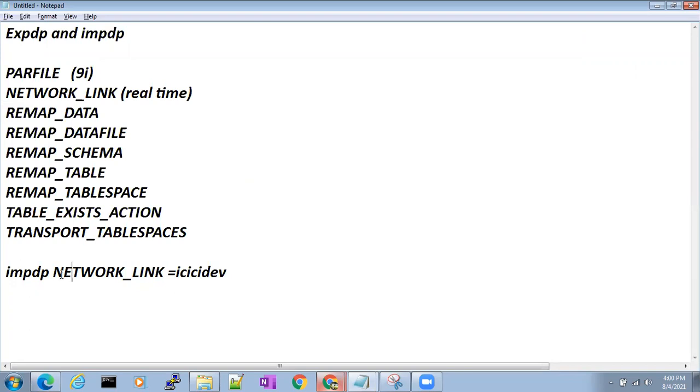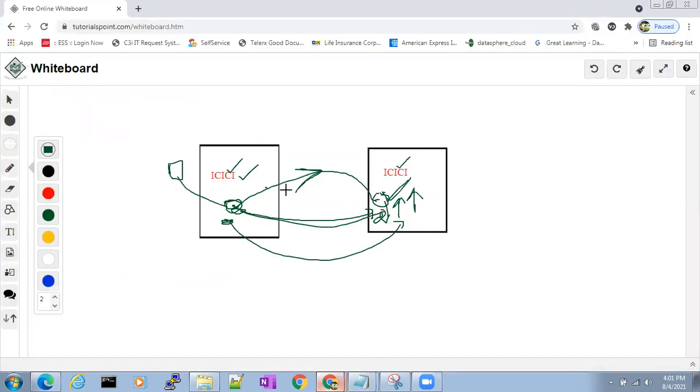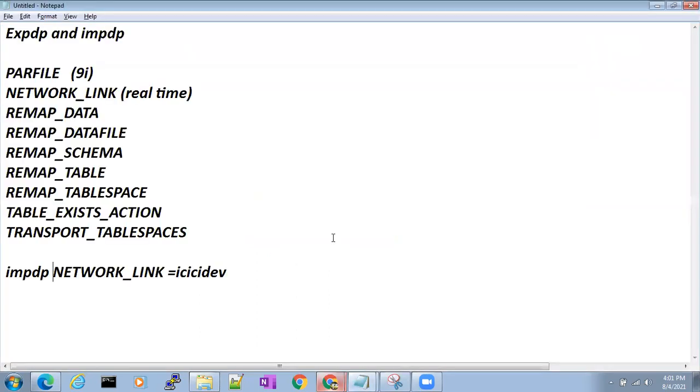Dingana, you also understood? Yes, Kumar. So we can use this option. That is why we use network link. If somebody asks why we use the network link option, you can tell in the interview that network link is nothing but a database link. It will use that link to establish a connection to this user in the second database and import the data in the second database, on the other server, with the help of network link. It is nothing but a database link. That is why we use network link. I will show this option in real time once again. Okay. Next, remap data.